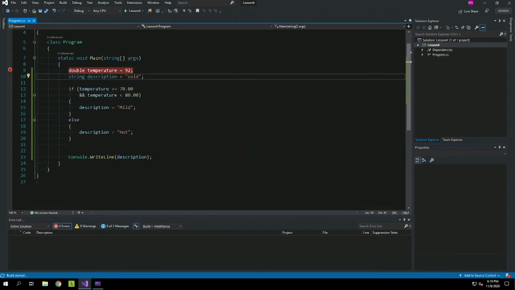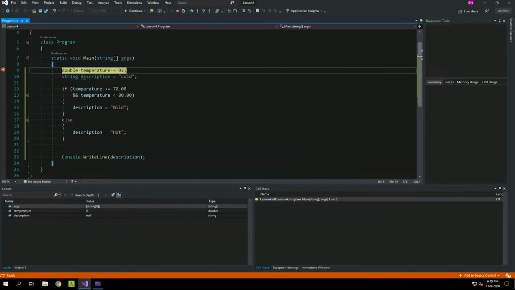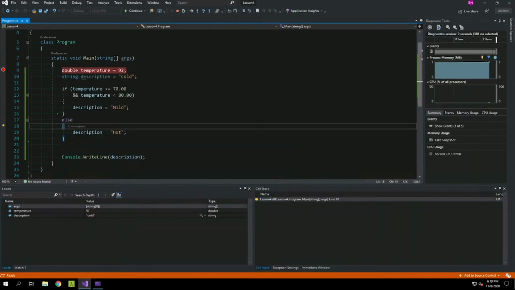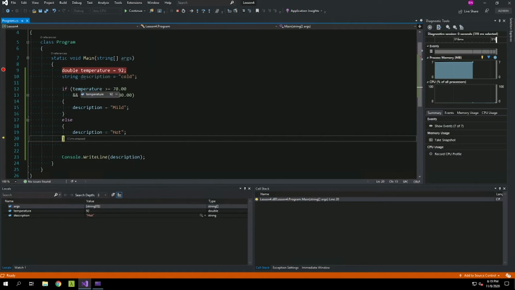So let's step into this. And so between 70 and 80, it's going to be mild. We're 92, so we don't fit that. So now we're hot. So that is an if-else structure. So if it passes this condition, we go into here, and with an and, it has to be both. So if we pick 80,